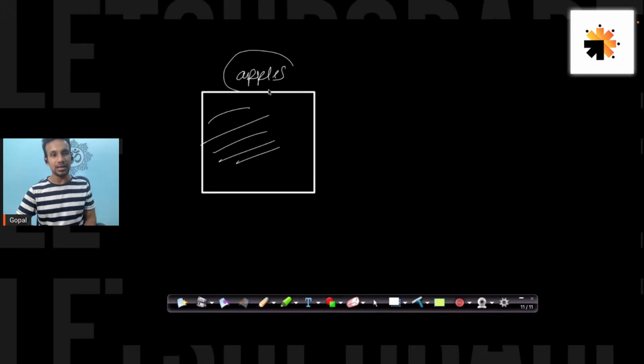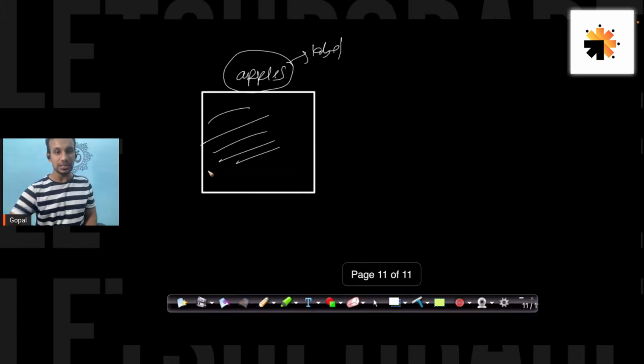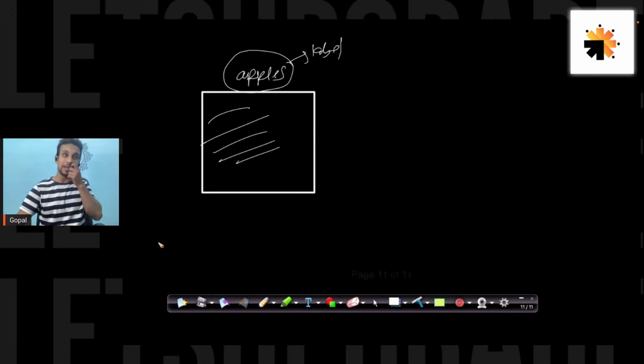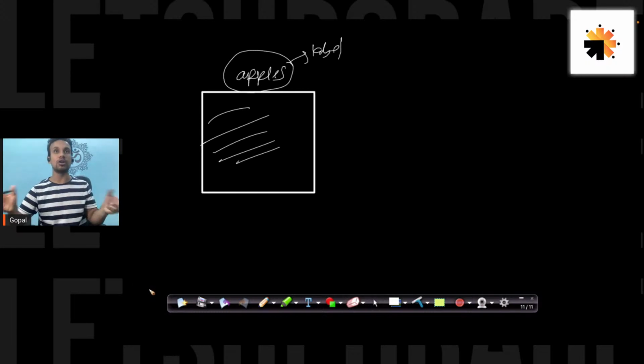And now this box has a label of apples. Okay, and it has apples, right? Again, we have some sort of supervision over our data. So based on this, when we train our model based on feature and label pairs, that kind of learning or that kind of system is called a supervised machine learning system.